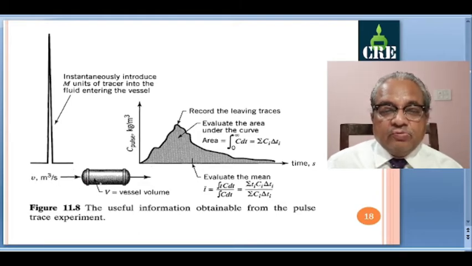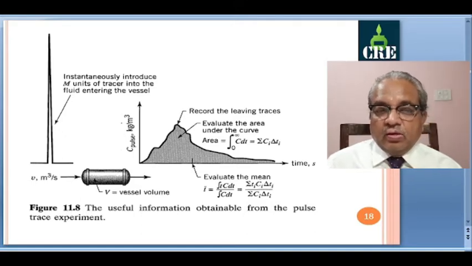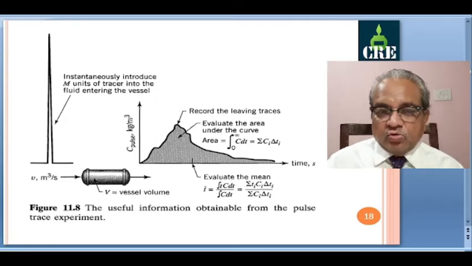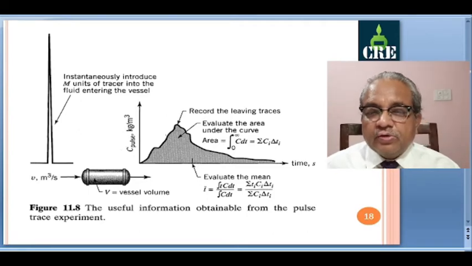So the residence time with respect to this fixed, that is the space time, is V by v, and you will find that all the entities or molecules entering the reactor are not spending exactly the same time. From this curve you can see C pulse, concentration in kg per meter cube or kg mole per meter cube, moles per meter cube, any unit you can take. This is time in seconds or in minutes.